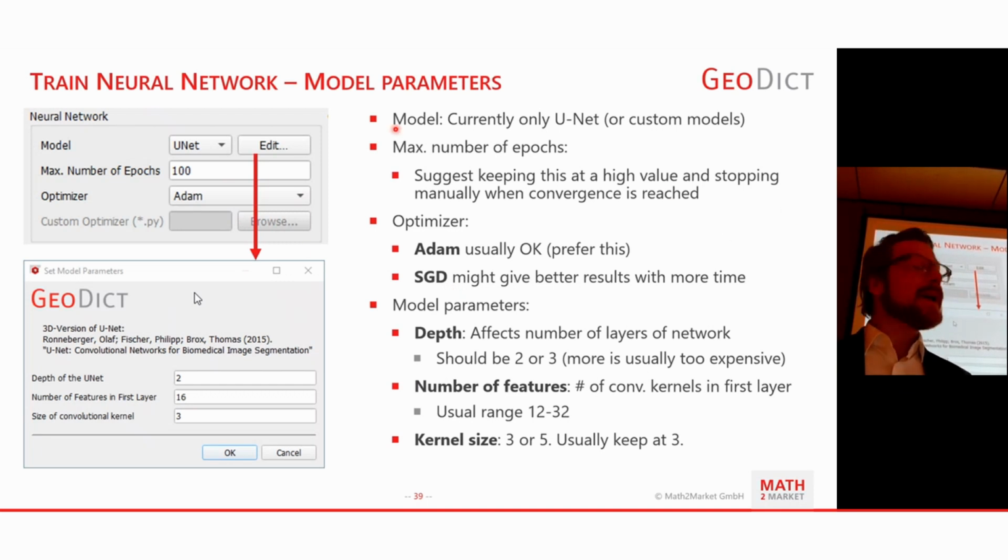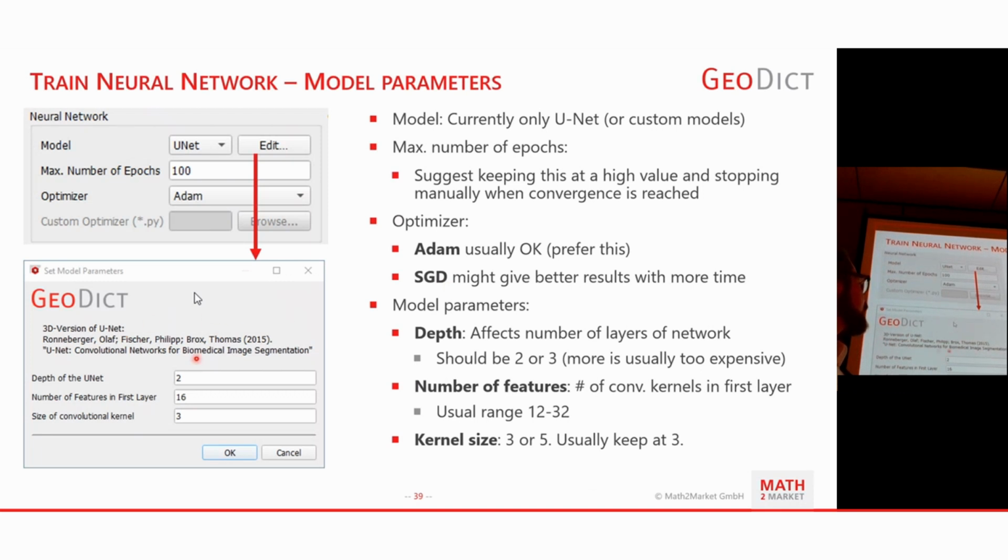So now there's an edit button next to the model, and the dialog that comes up then is dependent on the model. Within the model definition, you can specify variables that are so-called hyperparameters for your model. And the classical hyperparameters for the UNet, in this case, here again is the reference, by the way, for UNet, but you can also just Google UNet. I think it's one of the most popular neural networks ever.